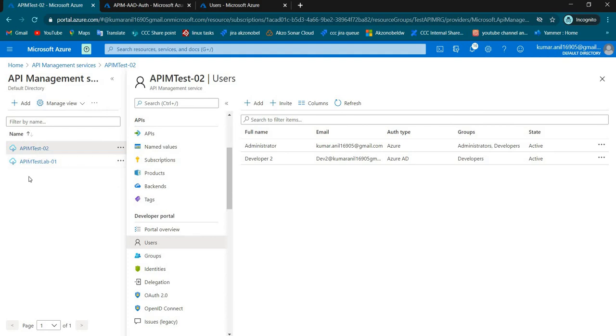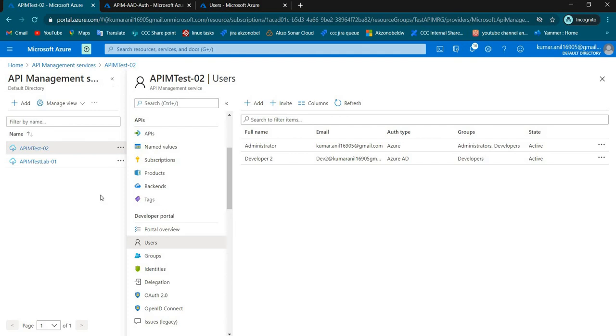Each APIM is a different login. The only connection between all these things is Active Directory. The user is not going to use different credentials. For example, if you have 10 APIM instances, then the user would have to remember all 10 passwords if the user ID is created with the basic type. So that can be avoided. The user will even be happy using the same password for multiple logins.